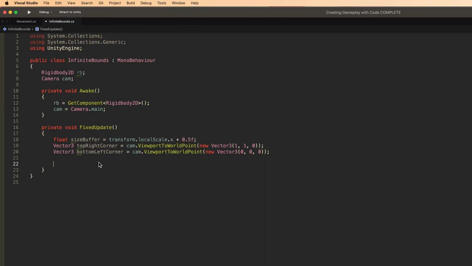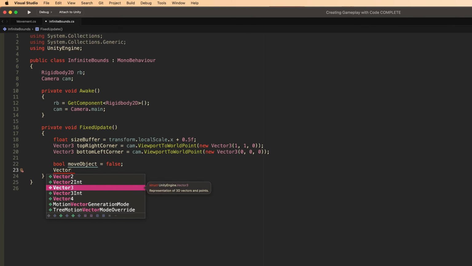And then if I have to edit any of the dimensions, so the x or the y, I will change a Boolean value to true so that I know by the end of all my checks, I do actually need to move the object. So I'm going to start with Boolean moveObject equals false. I'm assuming I don't have to move it. And then Vector3